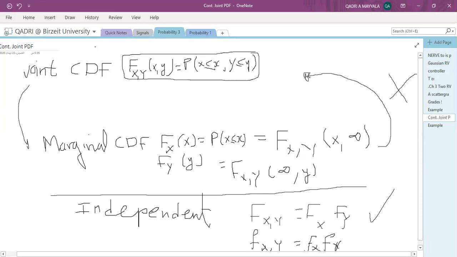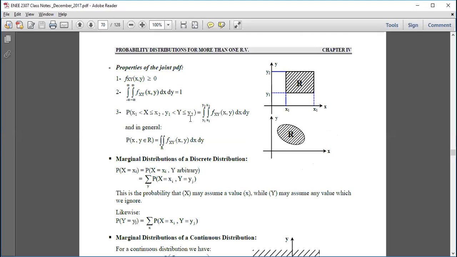Last time we worked on discrete random variables or distributions. Today we will look at the continuous ones. So we will look at some properties of the continuous joint PDF. For sure, exactly as we were doing